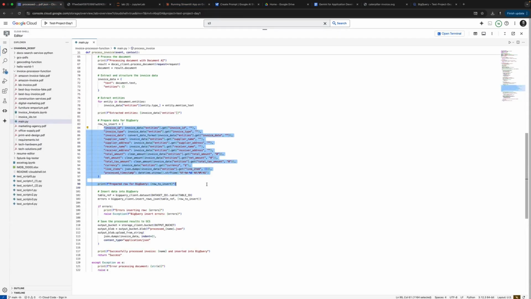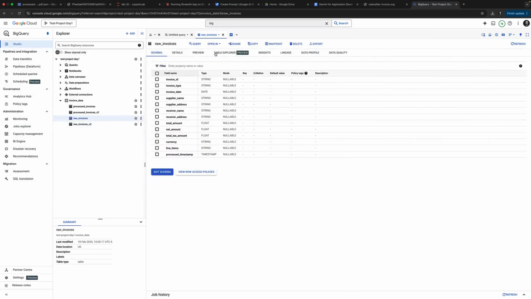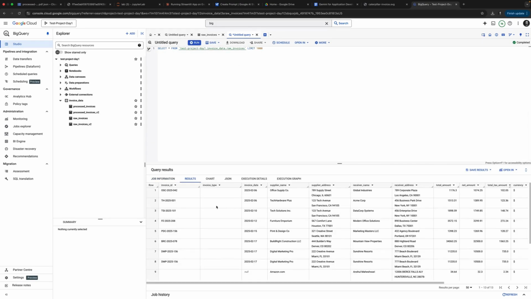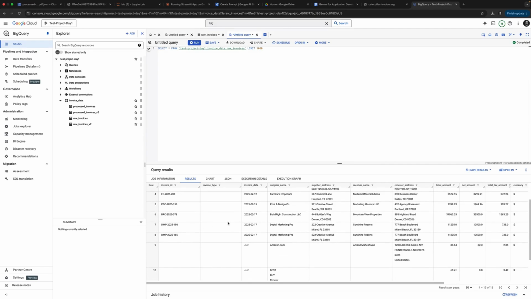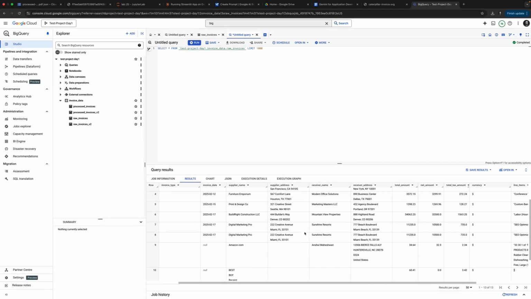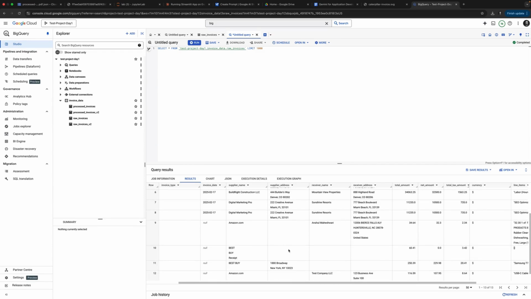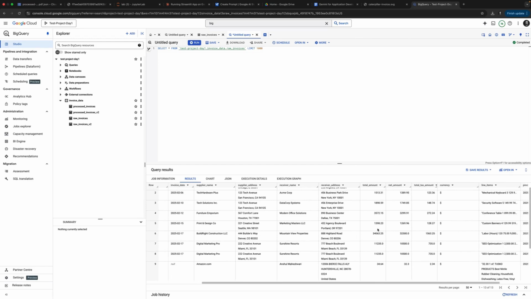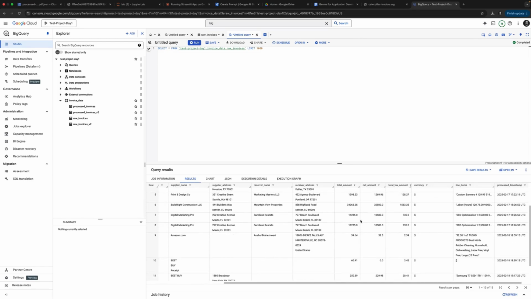Like you can see all of these columns are already present here, and then if you want to query it, you can just do select star from, run it. It will show you all the results here with invoice IDs, invoice date, supplier name, supplier address, and you might see some blank. It's because in some cases the address is not properly visible or not really understandable by this Document AI processor, which is a great AI tool in GCP,